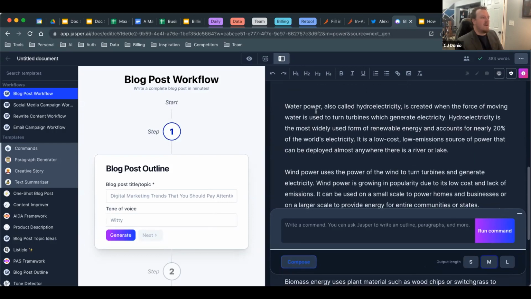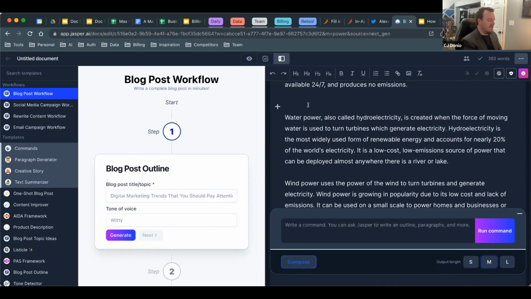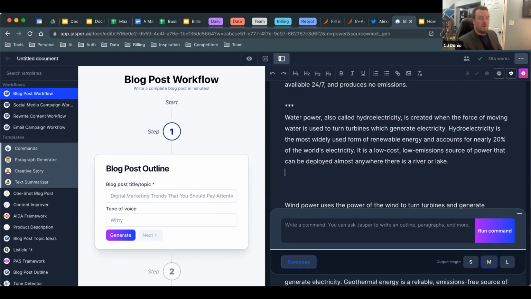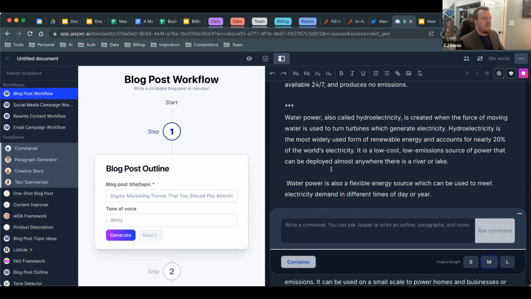Okay, water power. So same kind of thing. Another thing I could do here, throw my stars in here. I'm going to show you compose. So what compose is I kind of just say, keep going with your thought, Jasper. I'm curious where you'll go. So let's see what he'll do here. It's Command J, or I could even just type this compose button right there. So let me hit Command J.